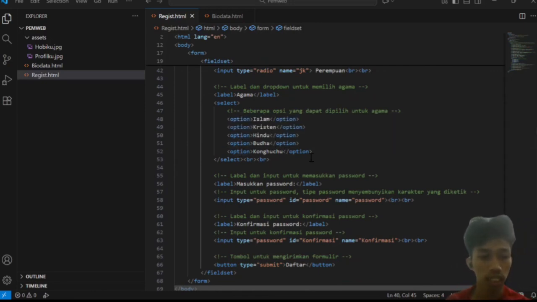Furthermore, the select tag is used to create a drop-down menu with option tags inside it displaying the list of courses that the user can select.